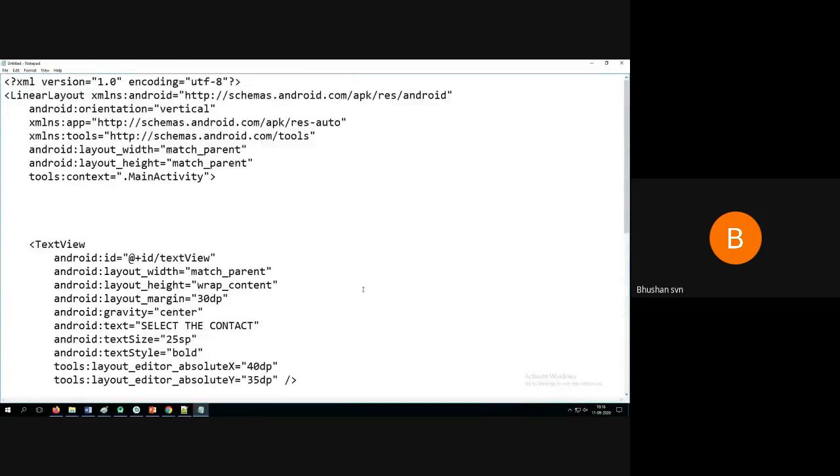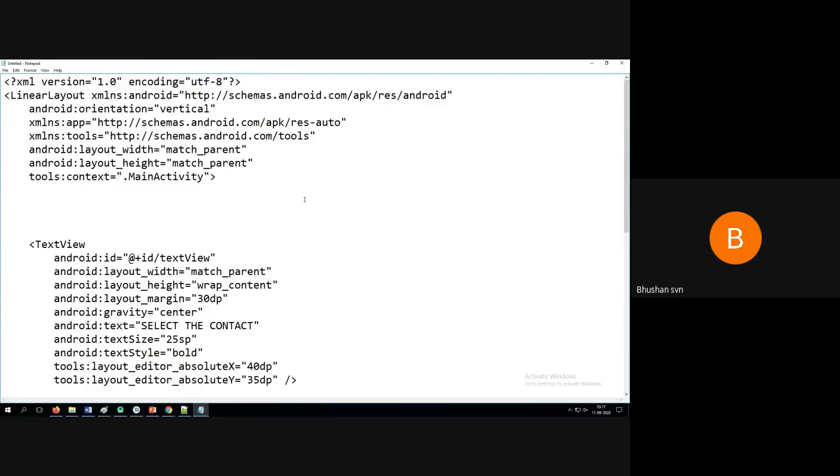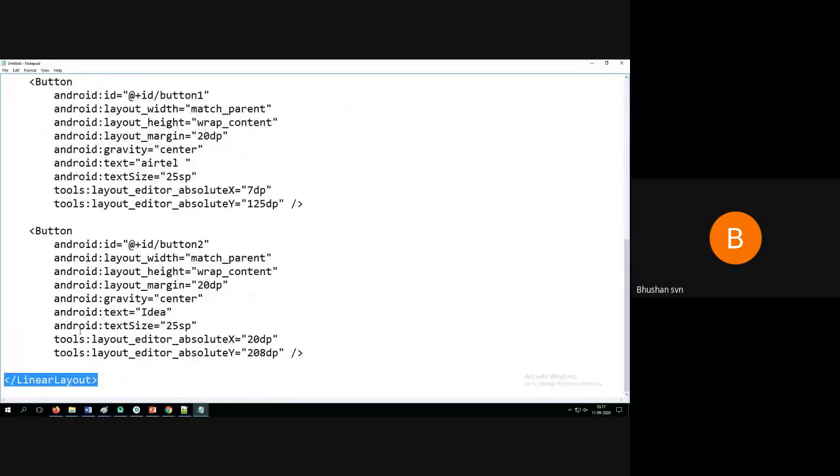Whatever the interface components, maybe buttons, text field, text area, checkboxes, whatever it is, it should be placed between the opening and the closing of the layout. Once this part is done, then we have to do the actual coding.